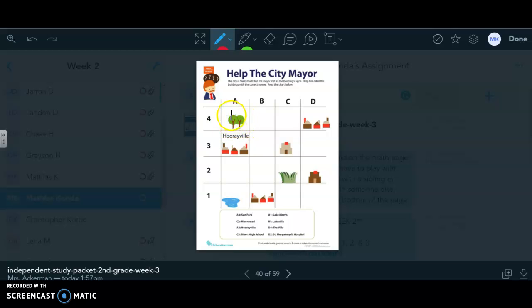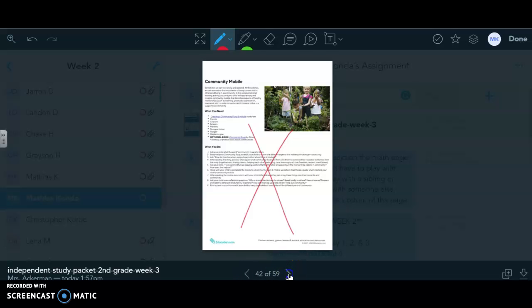This is Sun Park. So you're going to have to write Sun Park because you're pretending like you are doing the sign. Now you can write it or you can type it, okay? Whichever one would be easiest. Just make sure that if you type it, you move the typing box to the correct place so I can read it. And then for science,